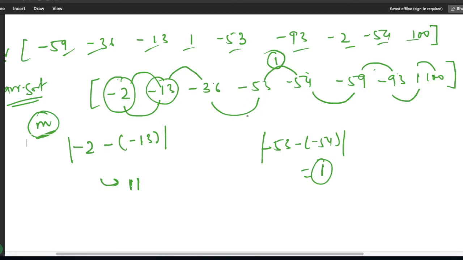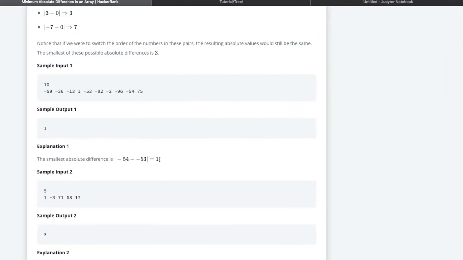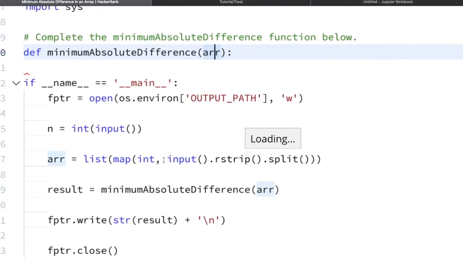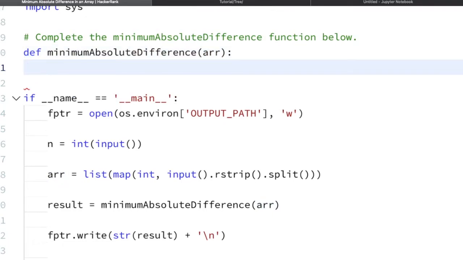So let us write this logic. What we have to do first is sort this given array. Now this is sorted.